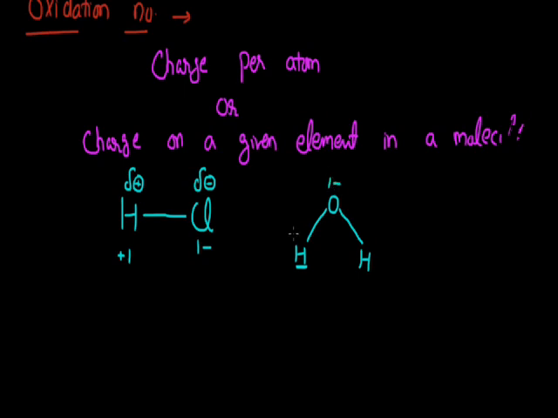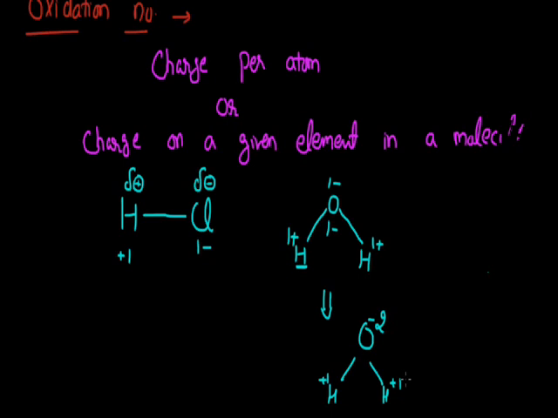While this hydrogen, due to its lower electronegativity, will become positively charged, and I can say that the oxidation number of this hydrogen is +1. On the other hand, the other hydrogen atom will show the same behavior as the first hydrogen atom. It will again have a +1 charge, and to make the compound neutral, the oxygen will have a -1 charge from this bond too. So in simpler terms, I can say that oxygen has a -2 oxidation state, while the two hydrogen atoms have +1 oxidation state, since it's the charge per atom.